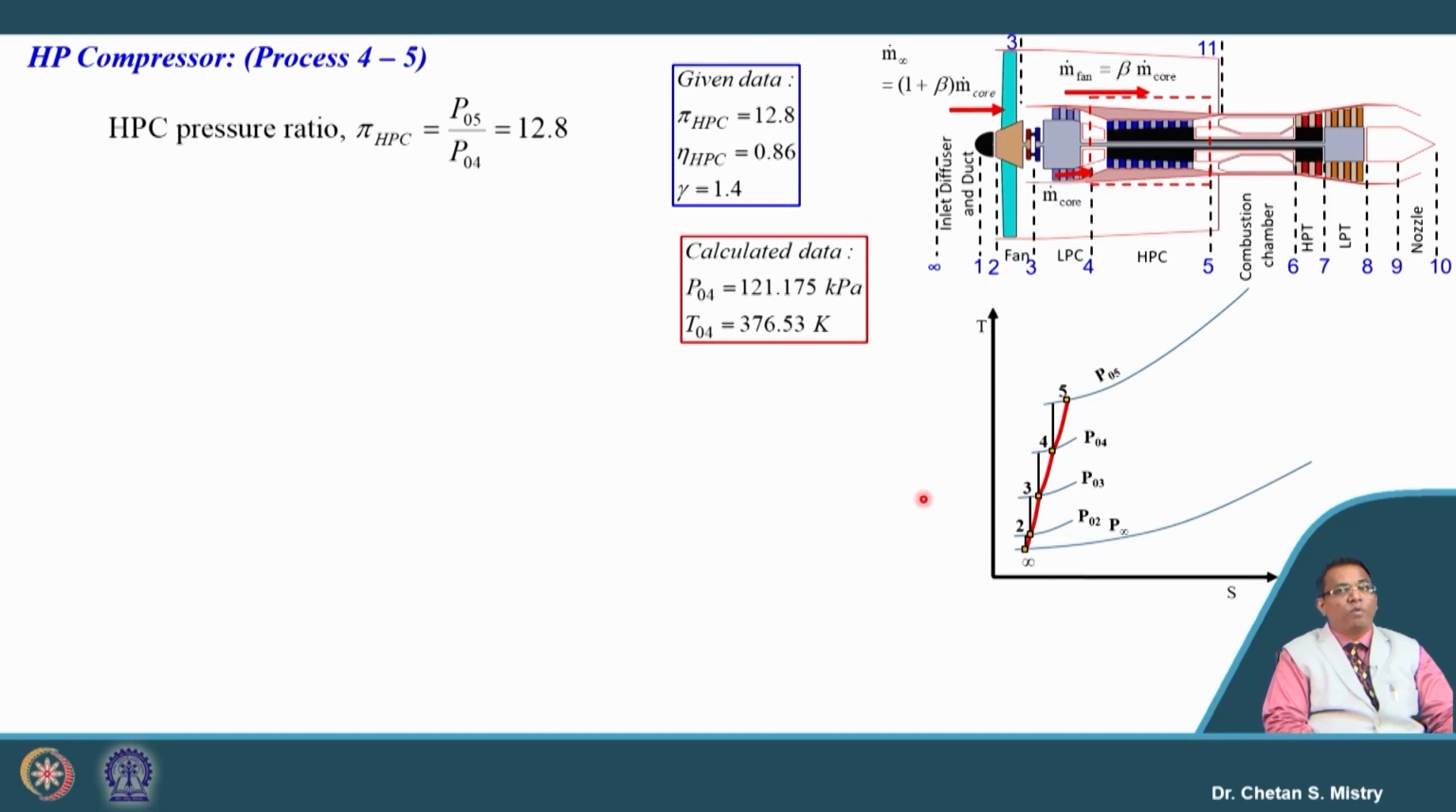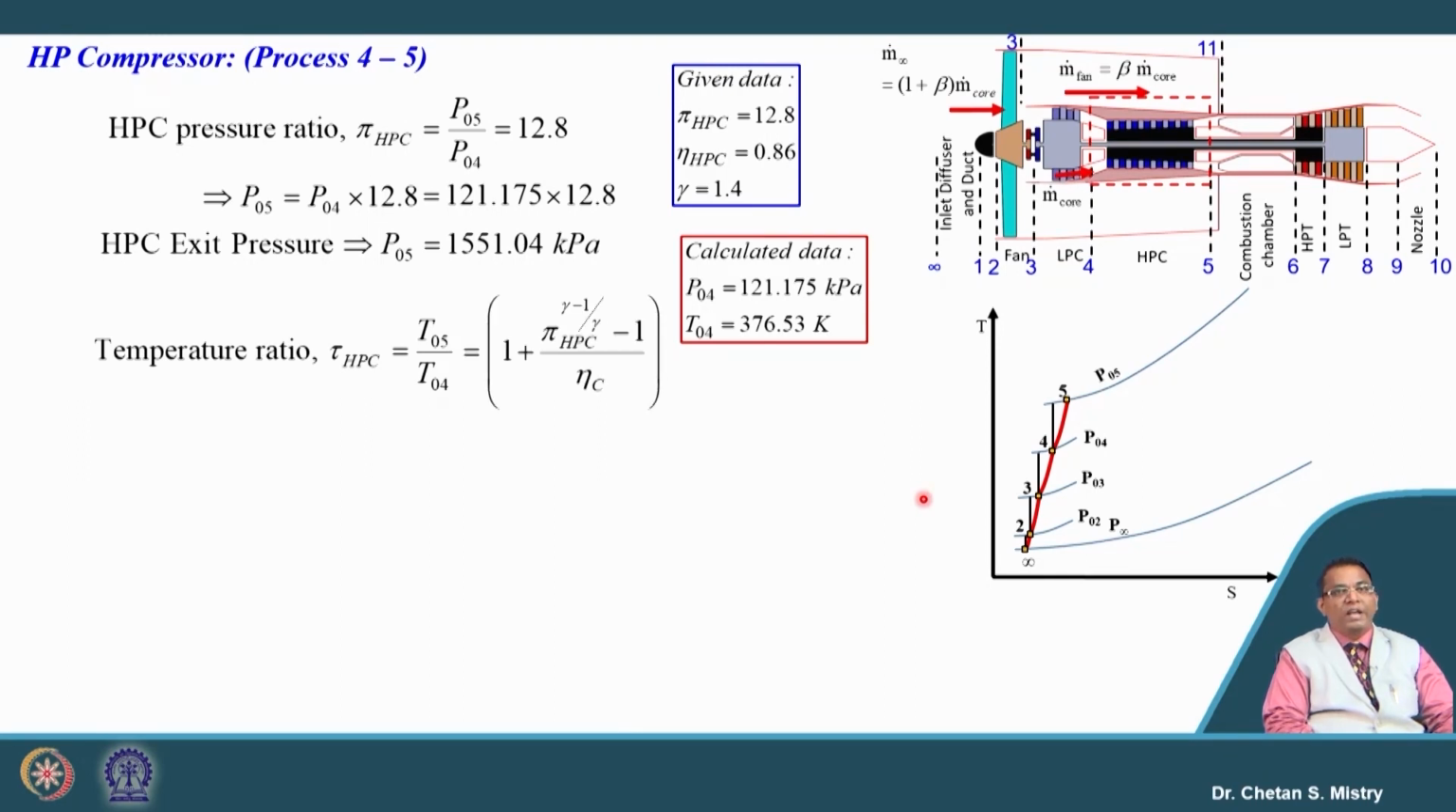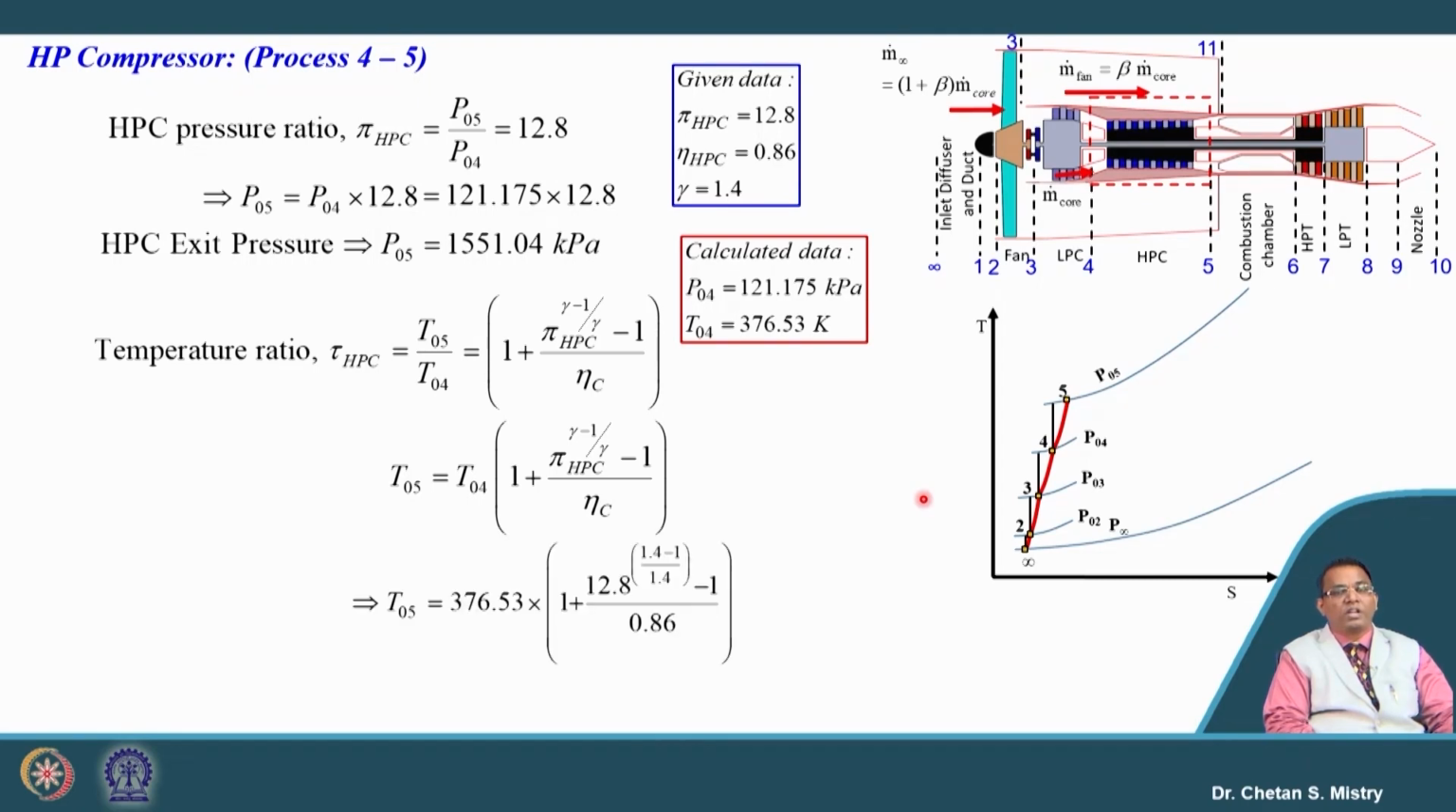Okay. Now, as we have discussed, we have two compressors, the LP compressor as well as the HP compressor. For the HP compressor, the pressure ratio is 12.8. If we put that in as a number, my exit pressure is coming to 1551.05 kilopascal. In line with what we have done for the fan and LP compressor, we can correlate our temperature ratio in terms of pressure ratio and efficiency. If we put this pressure ratio as 12.8 and efficiency as 86%, my exit temperature is coming to